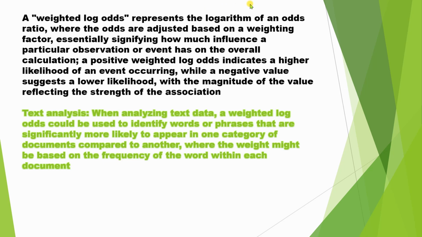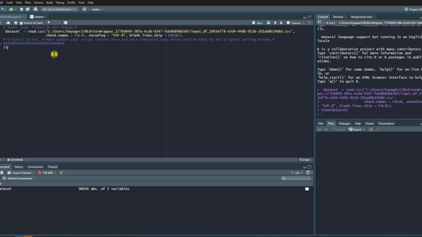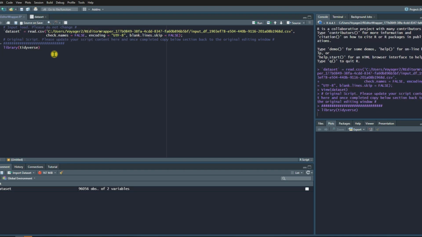We'll probably remove the stopwords and all. So let us begin. Let us try to load the first package, which is Tidyverse. And if you haven't done so, please go ahead and install that package. Install.packages Tidyverse. And once we run that,